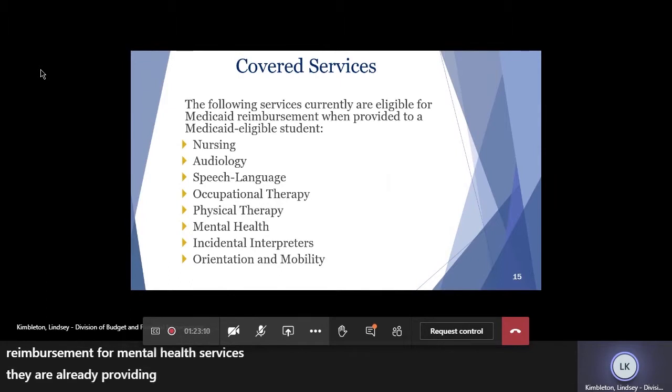For example, little Beckett's parents are going through a divorce and he needs help dealing with his emotions. He now goes and sees a counselor every week. This may be billable with expanded access. Also, expanded access will potentially allow schools a chance at getting more monies for the services their school nurses currently provide.